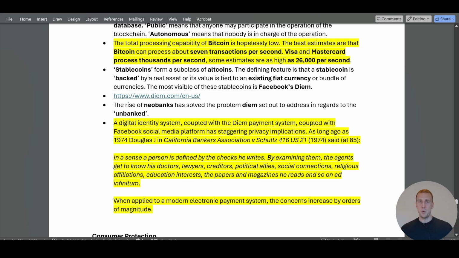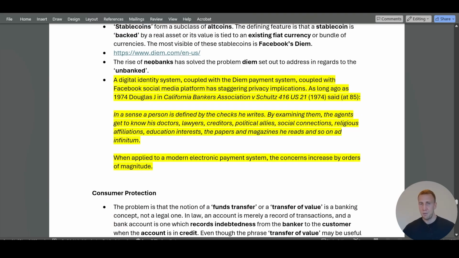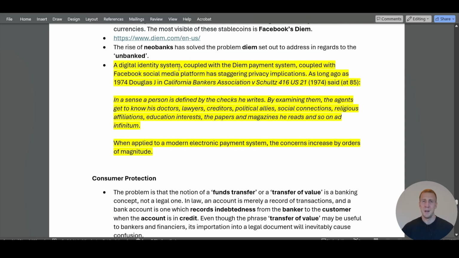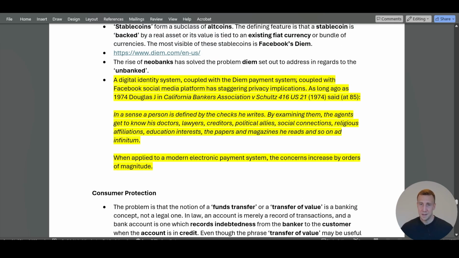Stablecoins form a subclass of altcoins. The defining feature is that a stablecoin is backed by a real asset, or its value is tied to an existing fiat currency or bundle of currencies. The most visible of these stablecoins is Facebook's Diem. However, the rise of neobanks has solved the problem Diem set out to address in regards to the unbanked. So a digital identity system coupled with the Diem payment system, coupled with Facebook's social media platform, has